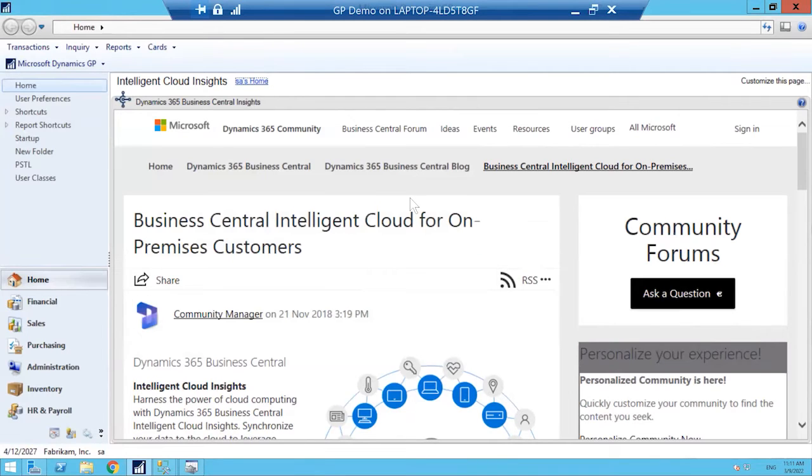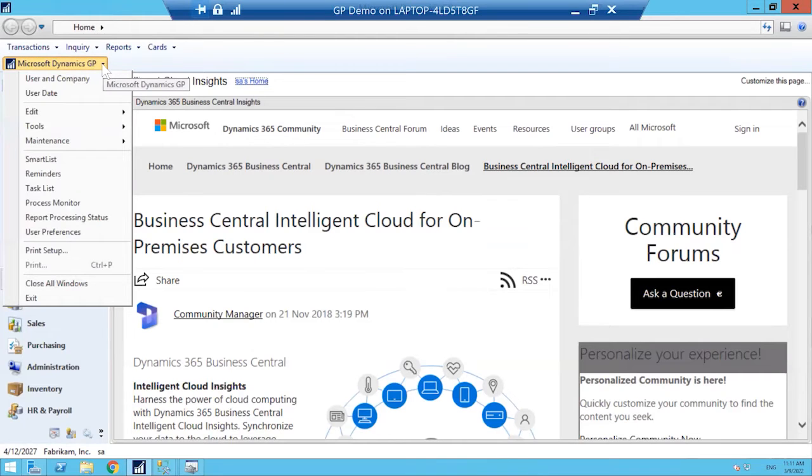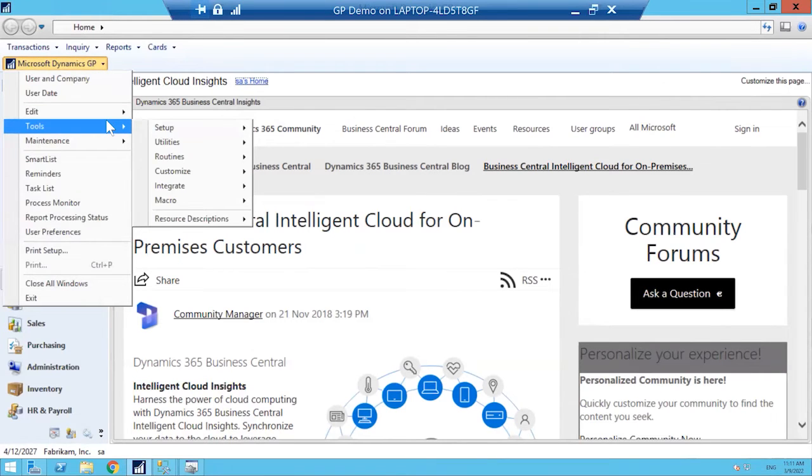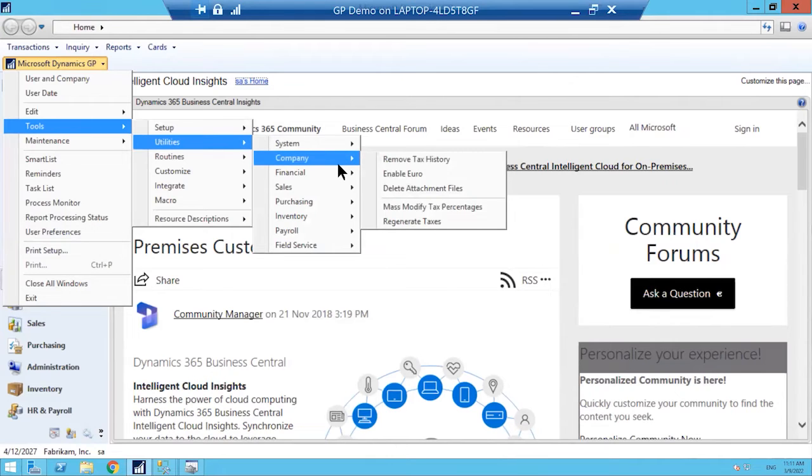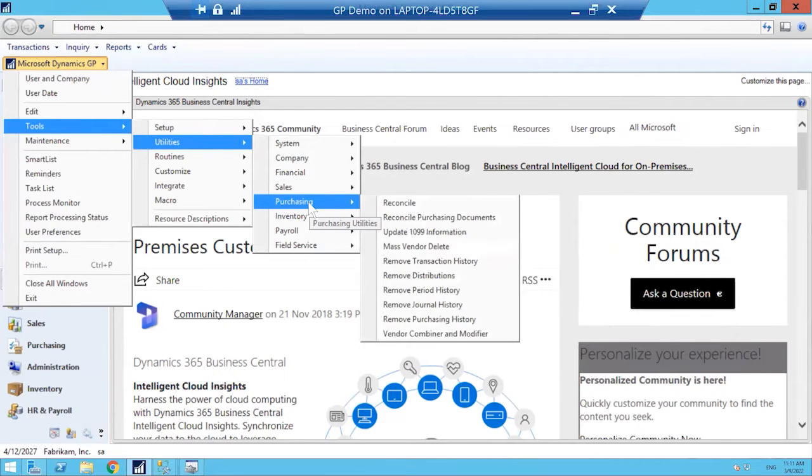Let's go back to the power outage example. There may be an example where you may be posting a batch and that power outage may cause an issue with that batch. So the Reconcile utility will go back to the detailed transactions and verify that the totals match the details, right? So you can run a Reconcile by going to, say it's a purchasing batch, you can go